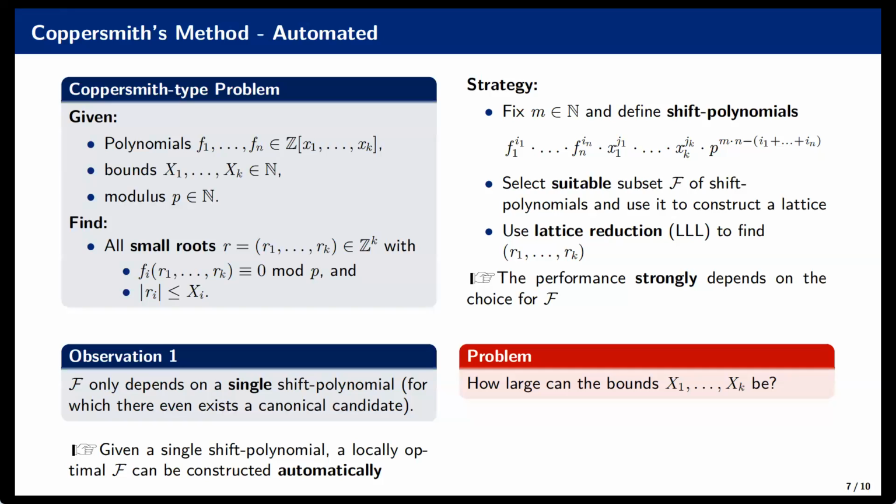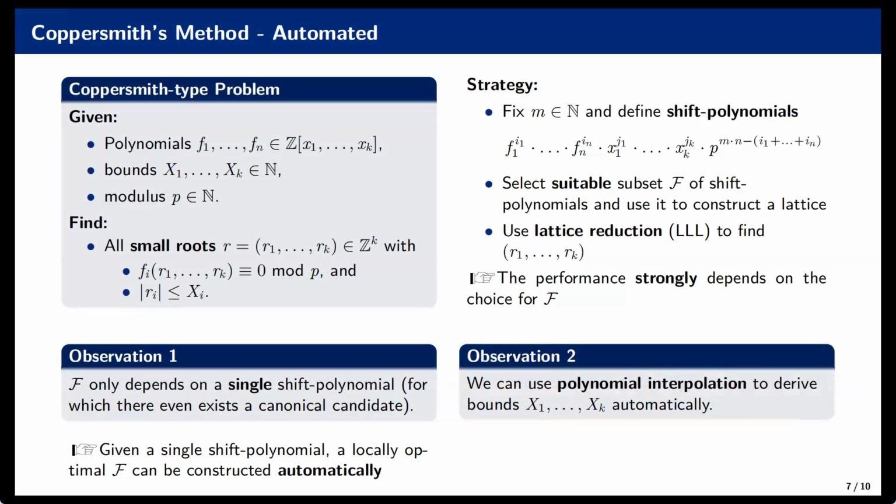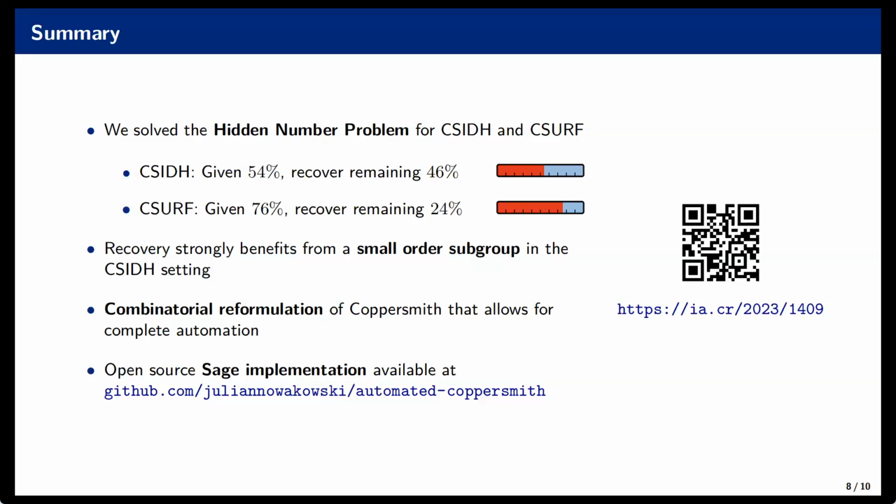Lastly, the second problem can potentially be solved by using polynomial interpolation. Remember that we are interested in the asymptotic case, with n going to infinity. Essentially, we can apply polynomial interpolation as long as we assume that these bounds behave as polynomials. So that's all I want to say, and now I'm happy to take questions.